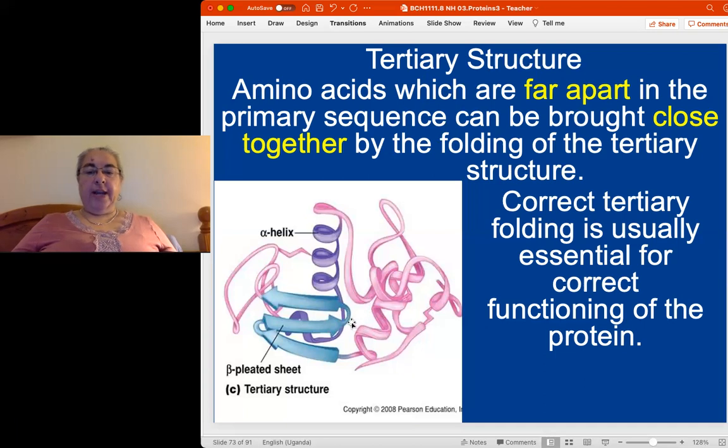Okay, so correct tertiary structure, correct folding, bringing these essential amino acids together into exactly the right position in relation to each other is very important for the correct functioning of the protein. So even if it's only maybe 4 amino acids that are important to make the protein work, all these other parts of the protein are important for placing these 4 amino acids in exactly the correct places in relation to